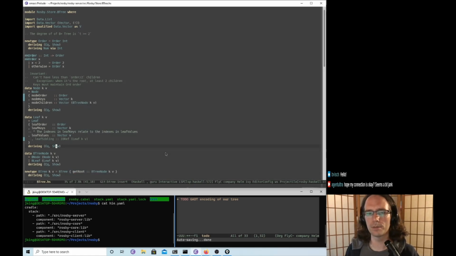Yeah, so I'd like to be able to do that, so we can hopefully lean on the type system to help us design this a little bit easier and maintain some of these invariants for us. Okay, so